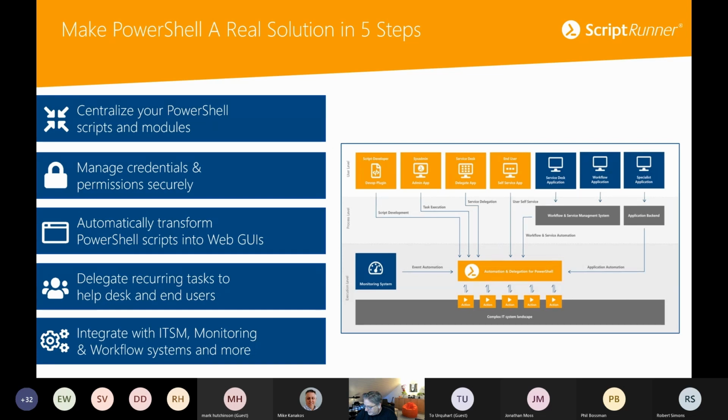We also have a so-called email inbound connector, which means if you have legacy systems that are not able to talk REST, but they can send emails in a particular formatted way, this could be another channel to communicate with ScriptRunner. Okay, so with this, I would switch to my demo environment,